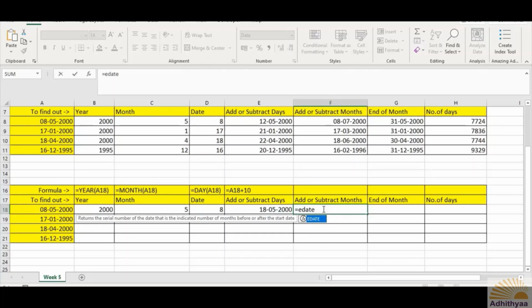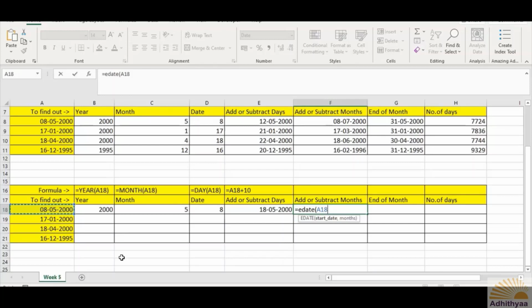So equals to EDATE, open bracket, the start date is the same referencing one, 8th May 2000. I want to advance it by, say for example, 4 months.